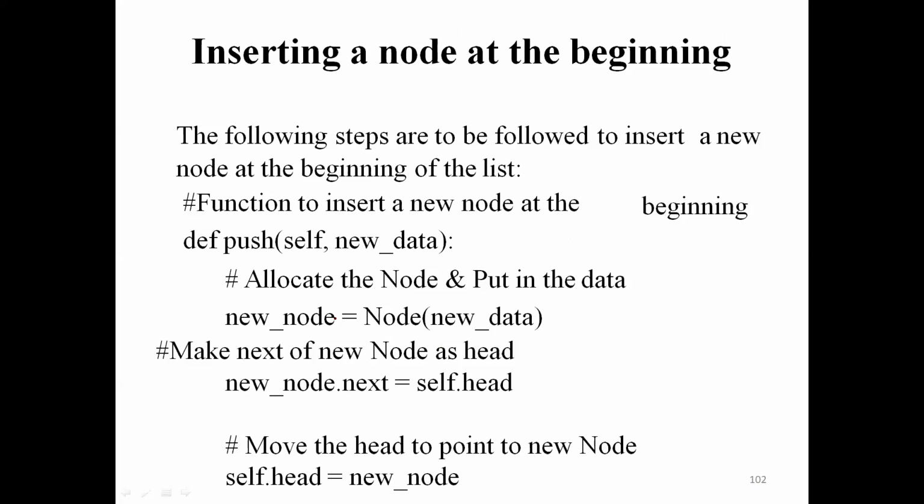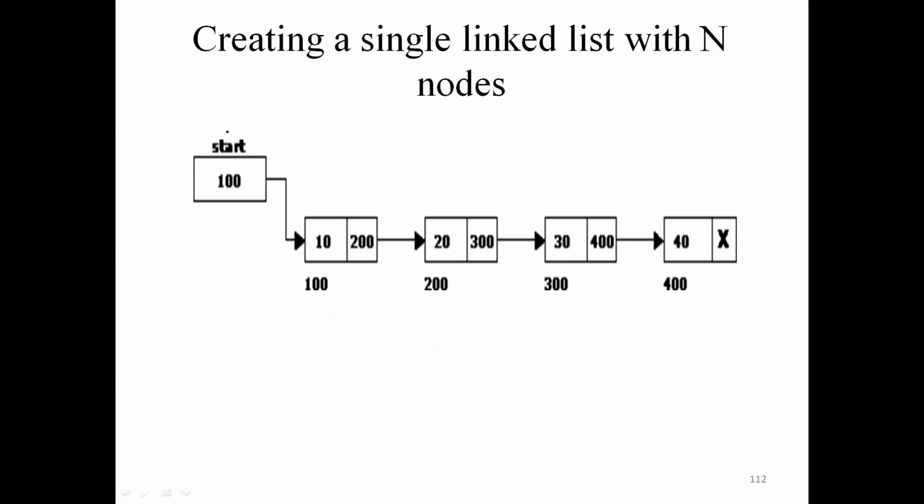So this is the algorithm part. For example, this is an example when you come across a push function. They are implementing the stack using a linked list, right? So don't get confused with this dot head and all. Head is nothing but another name for start. You can use either. See, I have used start here, but instead of start, I can use head also. It is a header node.